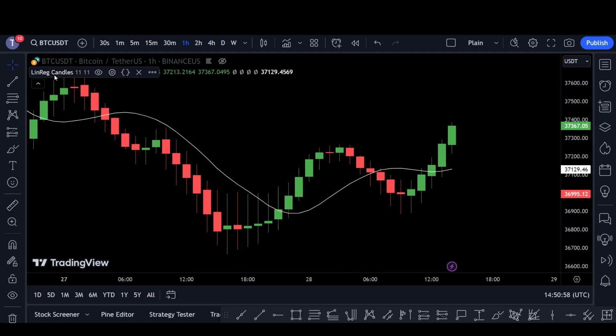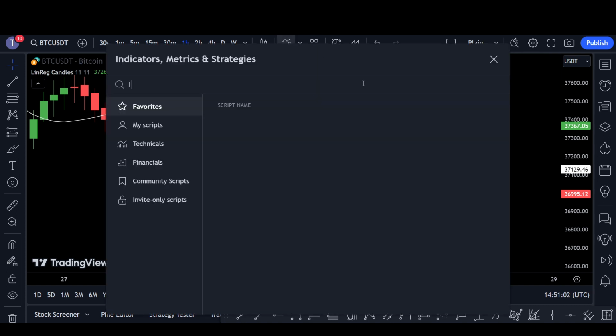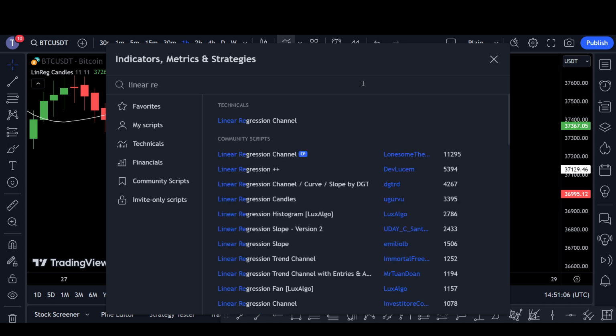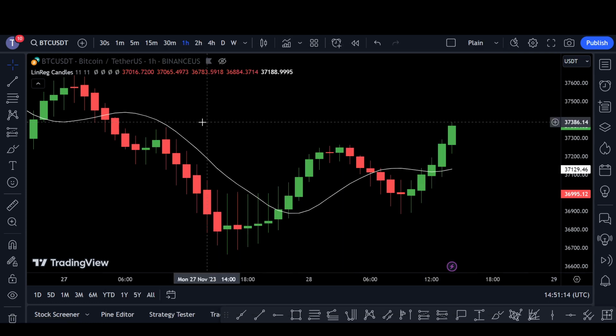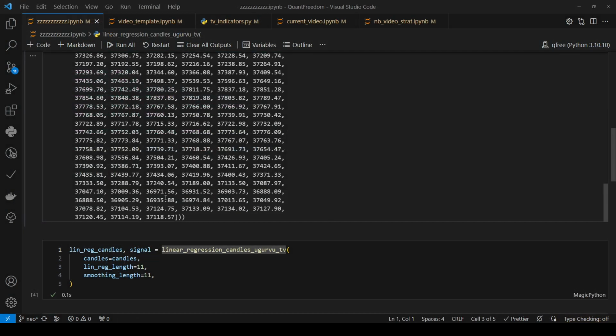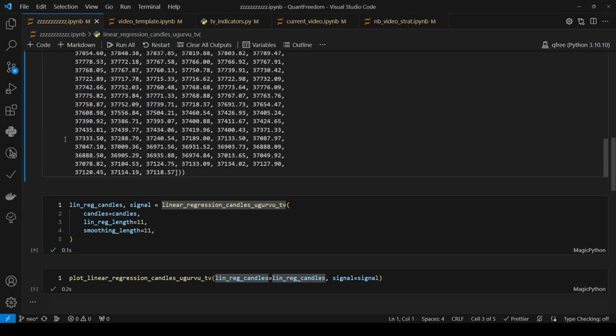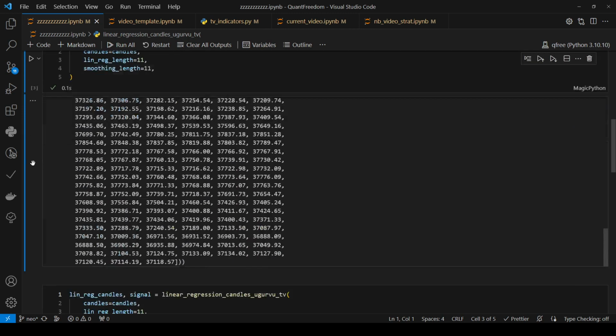In today's video, we're going to be going over the linear regression candles by Ugu, whatever. And we're going to take this and turn it into Python. So if we come down here and take a look at this, just remember this number right here. This is part of the linear regression candles that we have here,